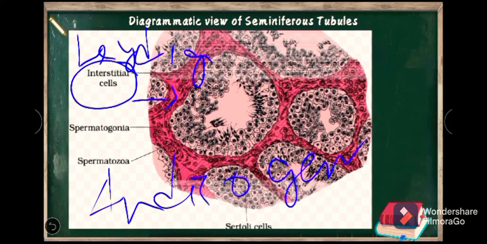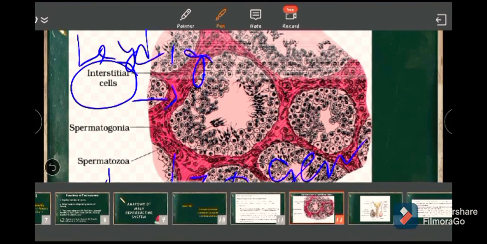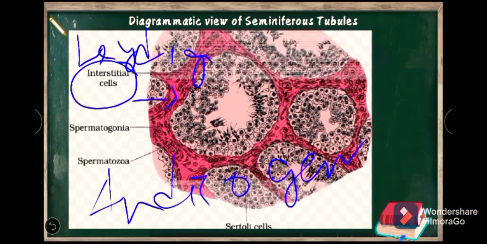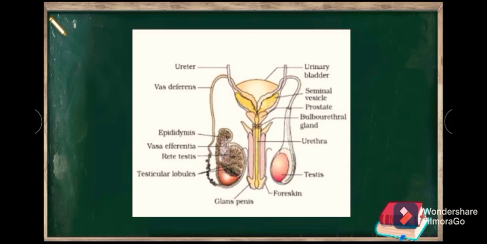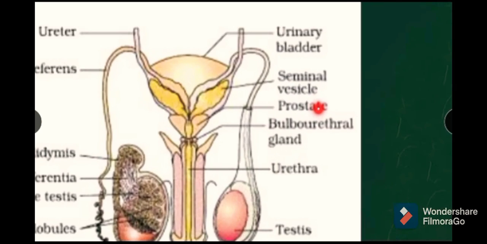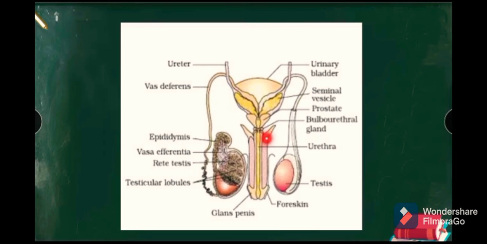Androgen is a type of male hormone. In our last class, we already discussed another male hormone, which is testosterone, and androgen is another type of male hormone. Okay, students? So if you see this figure or this structure in detail, you will see that this is the entire male